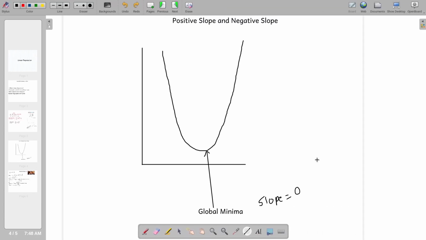Now to understand gradient descent, we have to see what is positive slope and negative slope. So consider this as a curve and I have to find the slope at point P. What we usually do is plot a tangent to that point and find the slope of it. If my right hand side of the tangent is facing downwards, we can interpret it as a negative slope, and if my right hand side of the tangent is facing upwards, we can interpret it as a positive slope. Again guys, it's just to understand and make things clear.